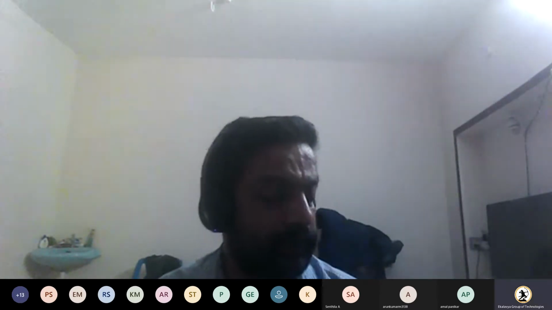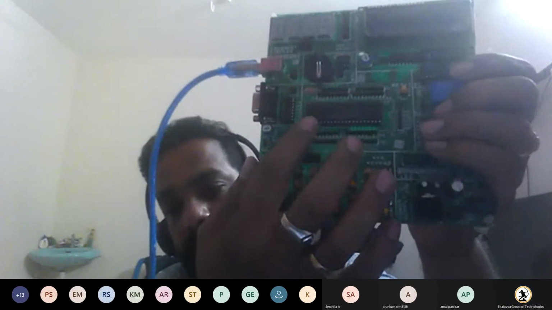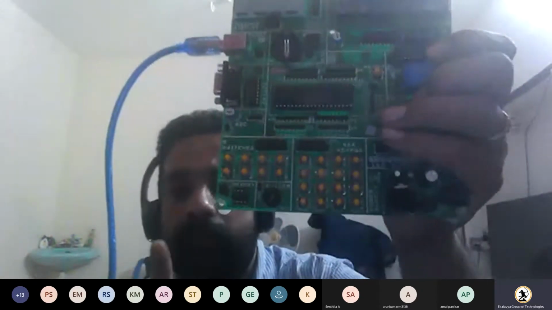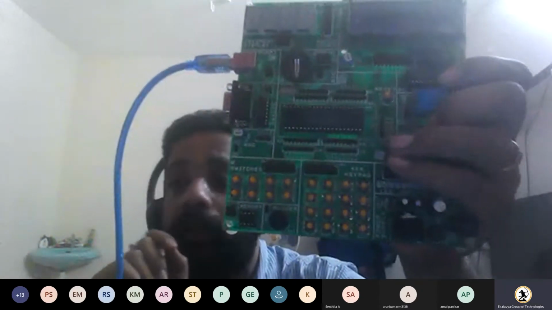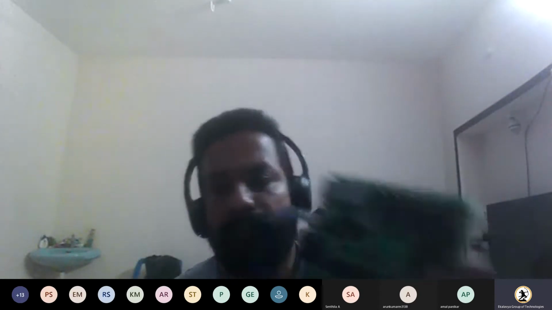These switches are connected to port 2 of the 8051 microcontroller. This is the 8051 microcontroller. Here we have 8 switches, and the 8 switches are connected to port P2.